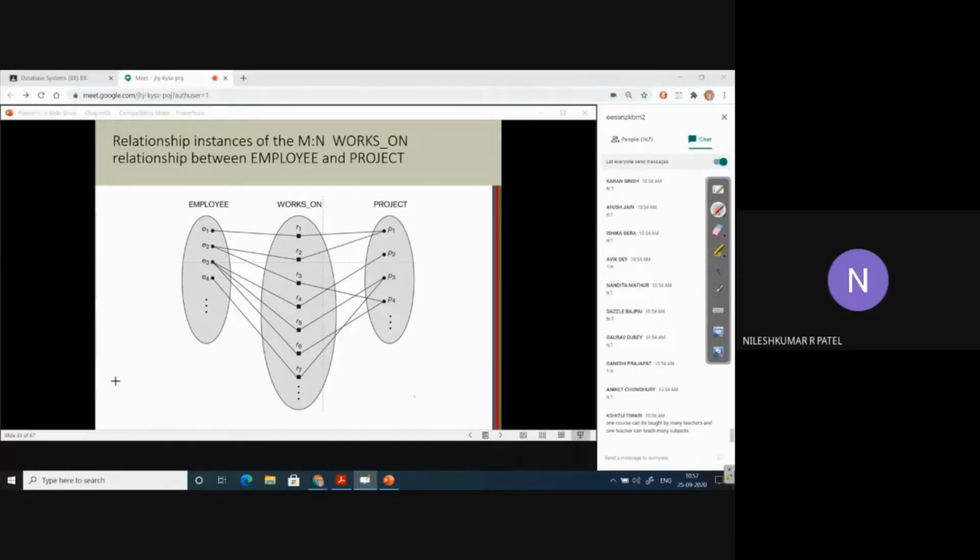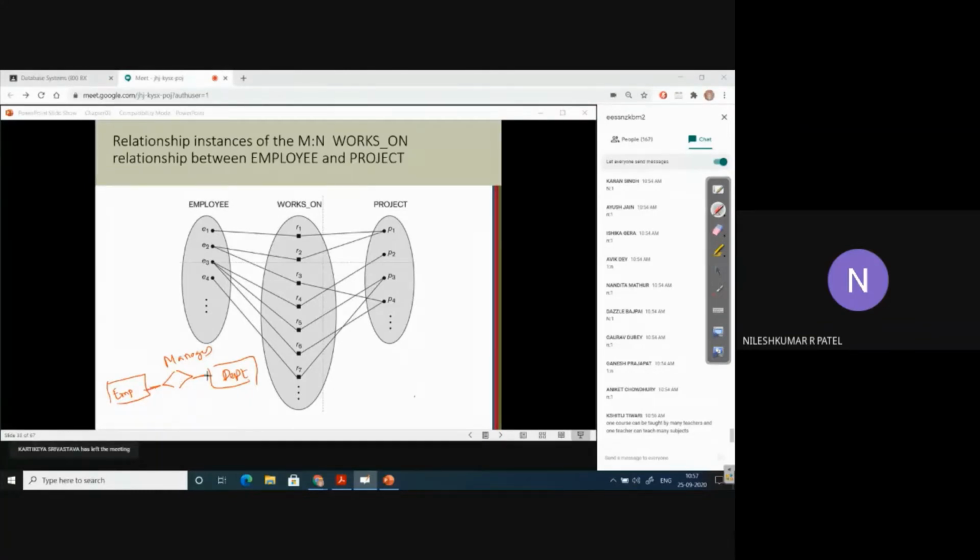If there is an employee entity type, and an entity type department, and a relationship between them called manages. So an employee manages a department; he or she is the manager of this department. What type of relationship, what type of cardinality ratio exists here? I request everyone to give your answer, maybe right, maybe wrong.